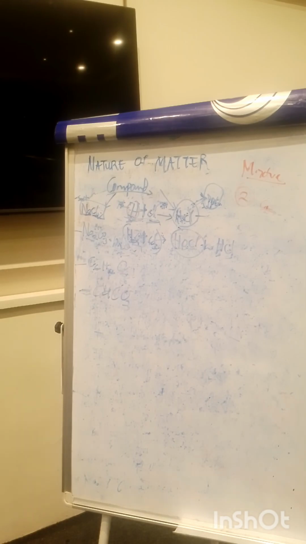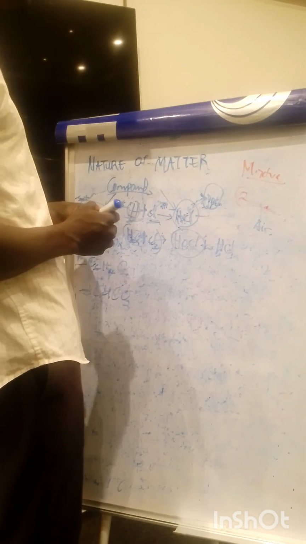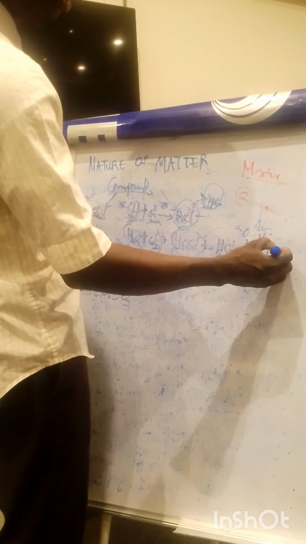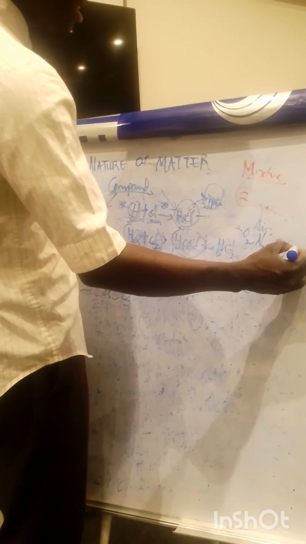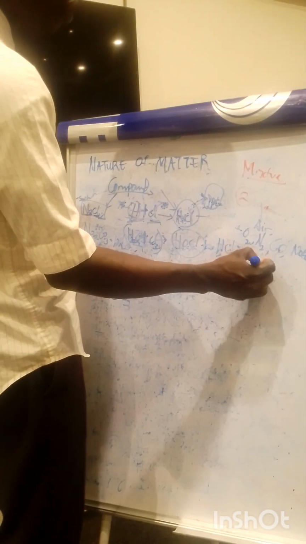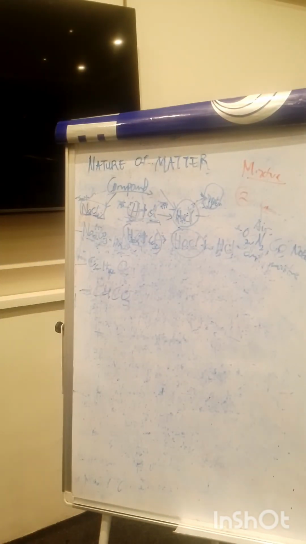For example, let's cite an example. Your air is a mixture of gases. Air is actually a mixture. Are you with me? Air is a mixture, and inside the air we would see oxygen, nitrogen, carbon dioxide, noble gases, dust, and moisture. So all these are the things that are contained in the air. And we call all these things constituent elements. Are you with me? The constituent elements or constituent composition of the air.